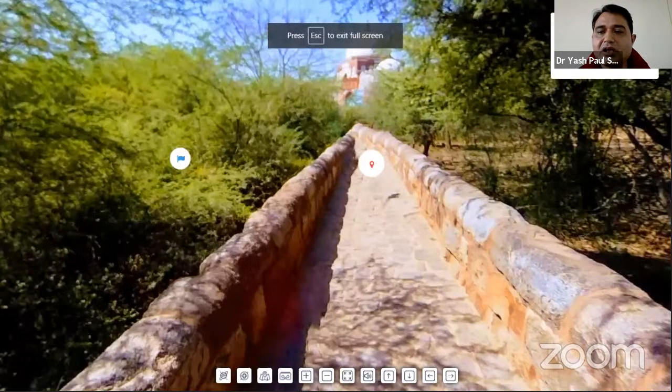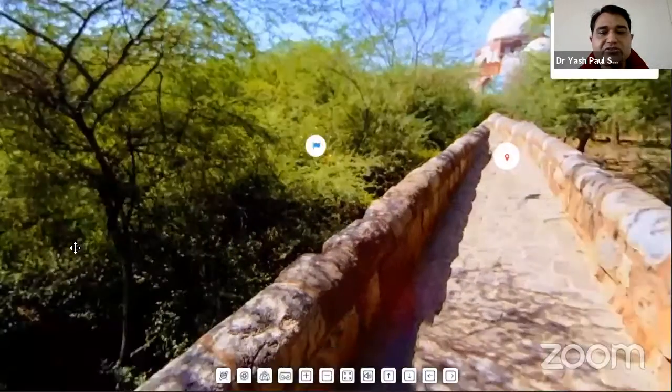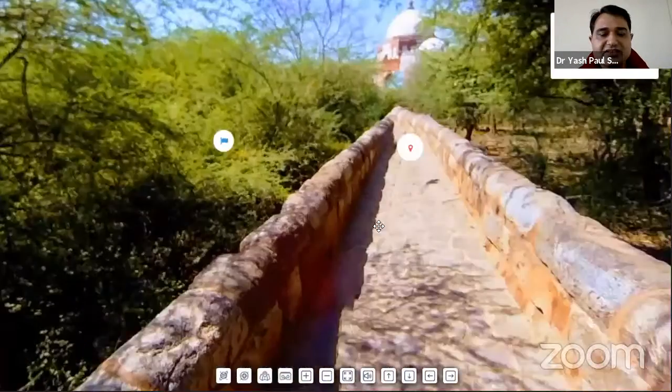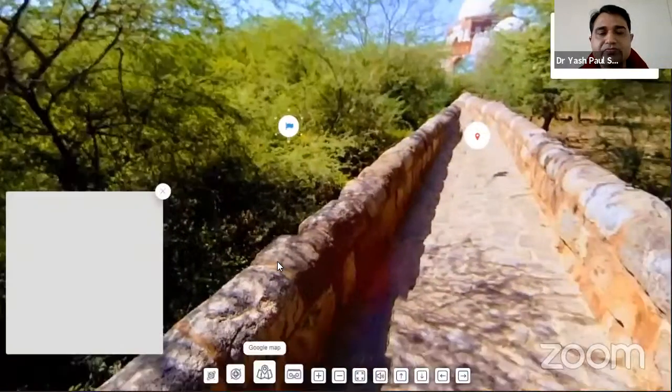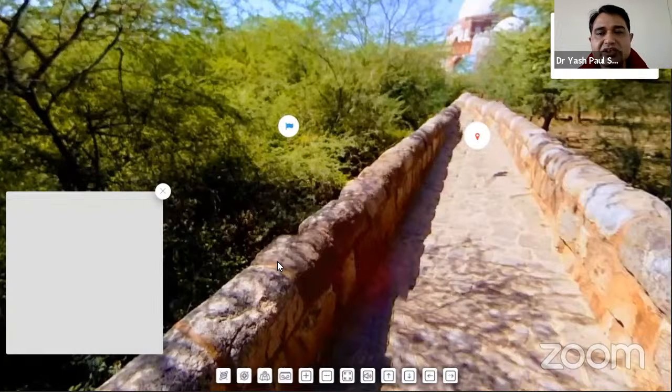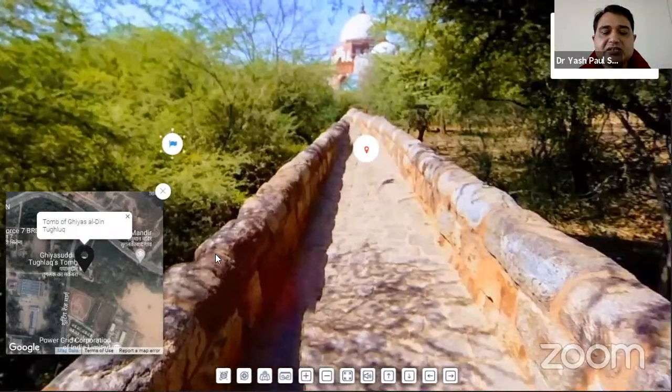Say for example, in this tour I'm going to tell you a story. I have not embedded that many things if we compare it with the Mahatma Gandhi tour. But I'm telling a story when we go inside any panorama. So there is a possibility that you can see around, and there is one tab which shows you where this place is located on the Google map. It will be coming through the internet connectivity. Apart from this, I have used